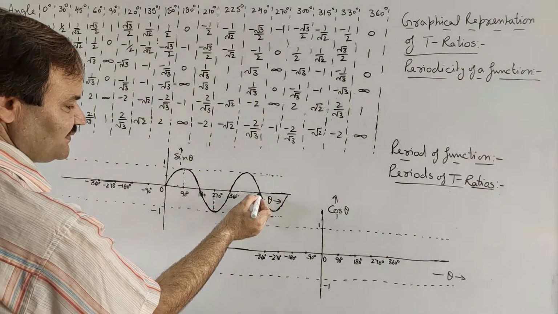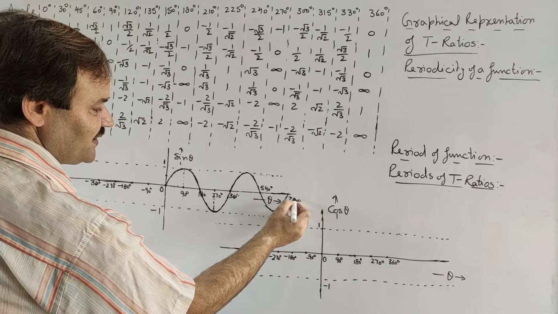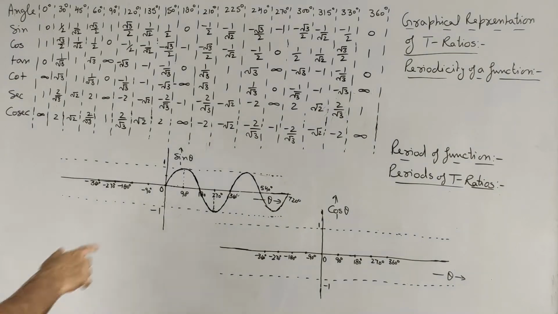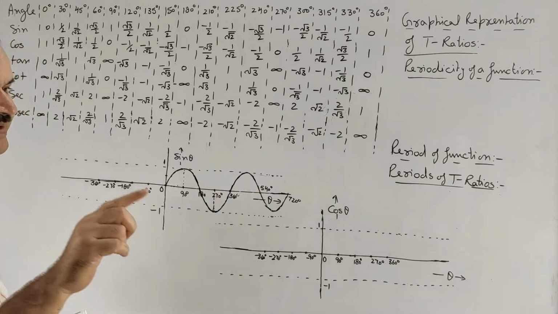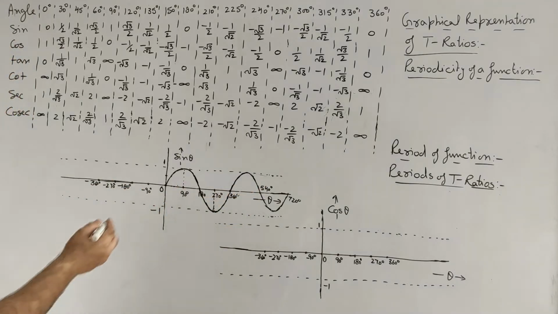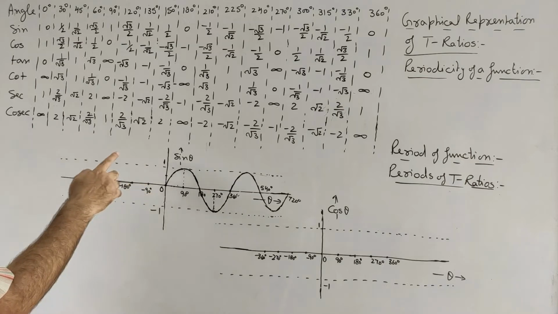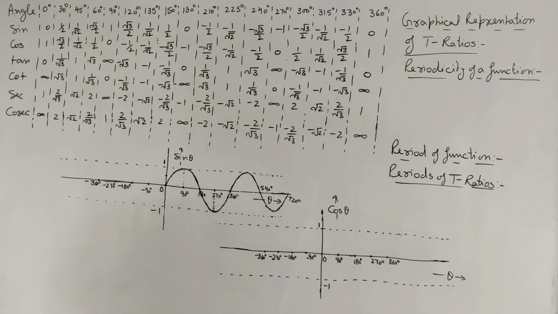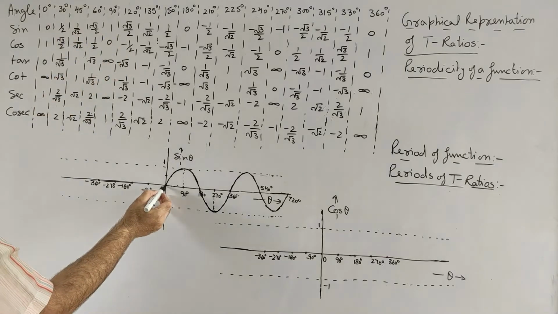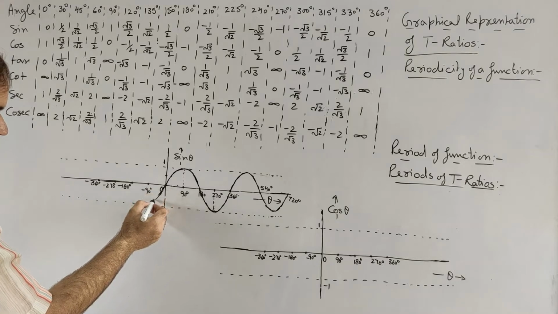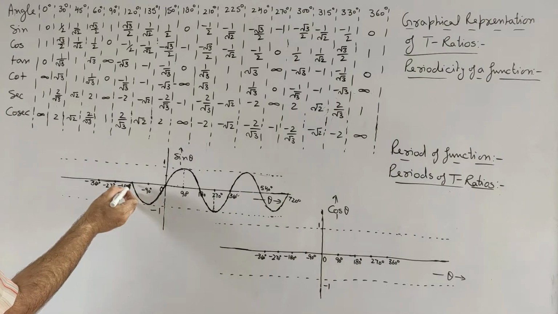It is 360, then 360 plus 180, that is 540, plus 180, that is 720, that will complete 2 cycles. And it shows that the value of sin theta is repeating itself after 360 degree, that is after 2 pi radian. Here if we come to minus theta, then sin minus theta being minus sin theta, so all these values will become negative. So graph for negative complete cycle of sin theta will be of this shape.